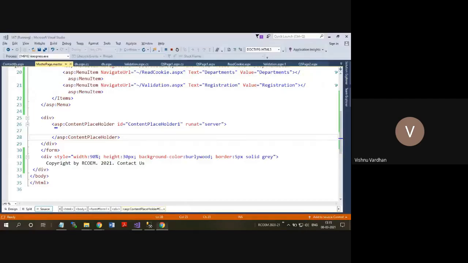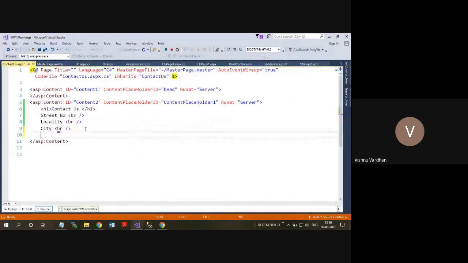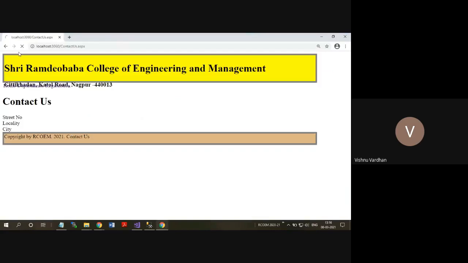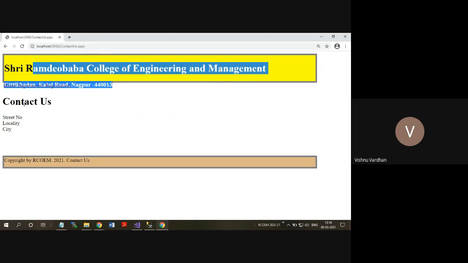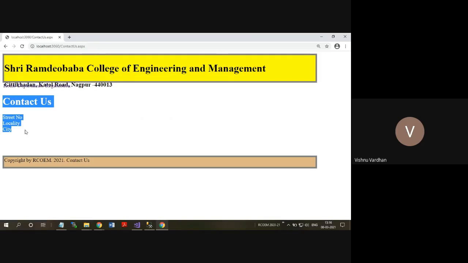As it is somewhat cluttered, you can have some spacing. Okay, now you can see some clarity is there. This is the header, which is coming from the master page, and this is the content, which is from the contact us page. In that way, master pages are very, very useful.